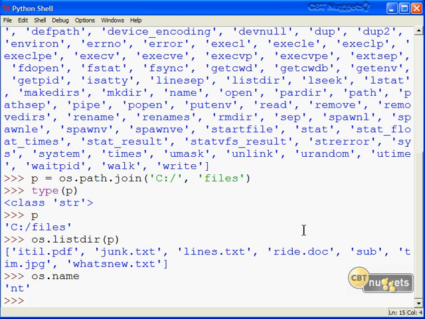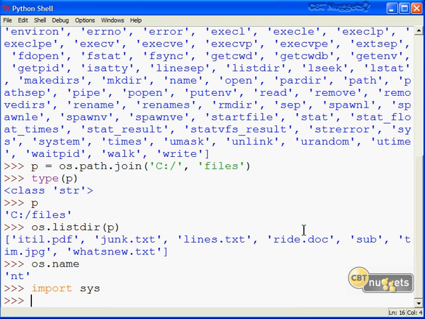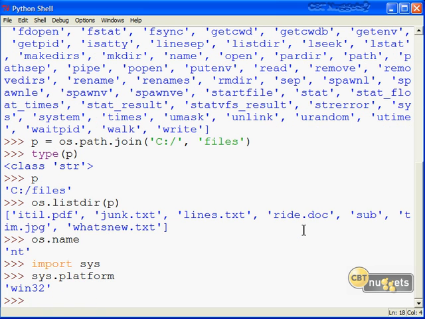Next, let's play with os.name. That just comes back with a fairly generic identification of the host OS. If I were on a *nix system, it would come back as posix. Actually, posix is what comes back even for Mac OS X systems. If you want richer information, we'll want to import the sys module, and we can run sys.platform. This tells us we're now on win32. If you're on Mac OS X, it'll come back darwin. Darwin's the name of the OS core on that platform. Or you'll see linux2 on, say, an Ubuntu or other current-gen Linux machine.